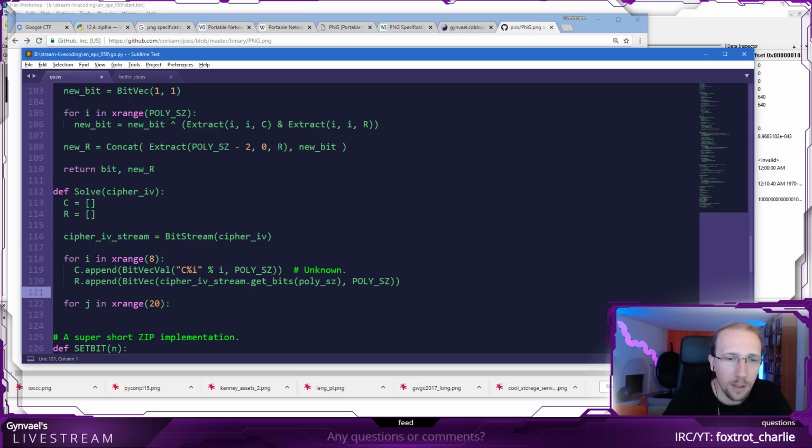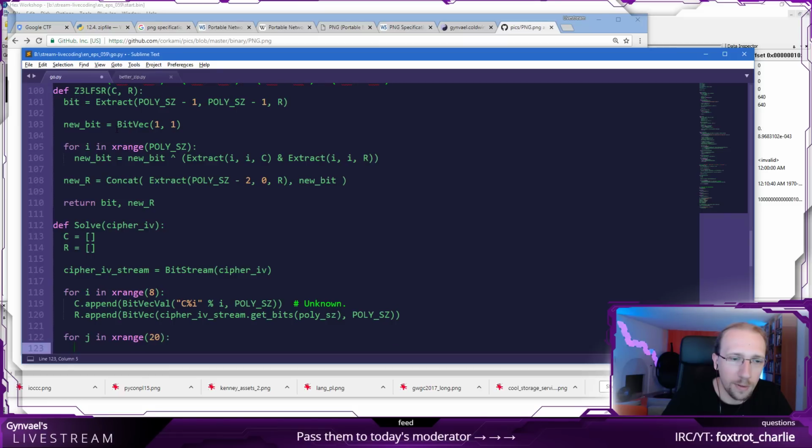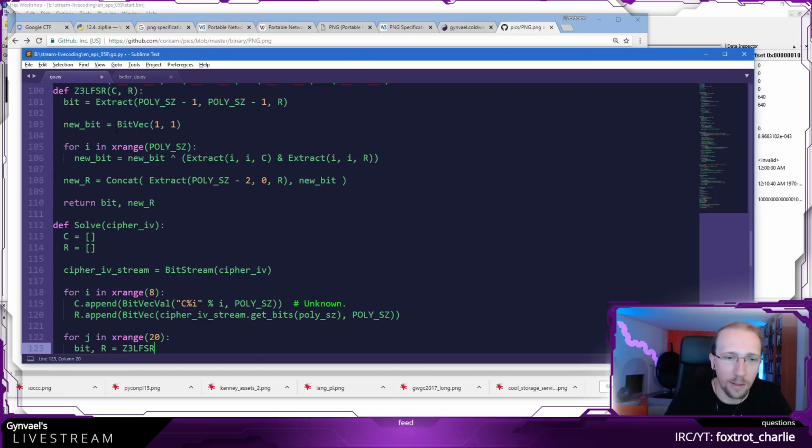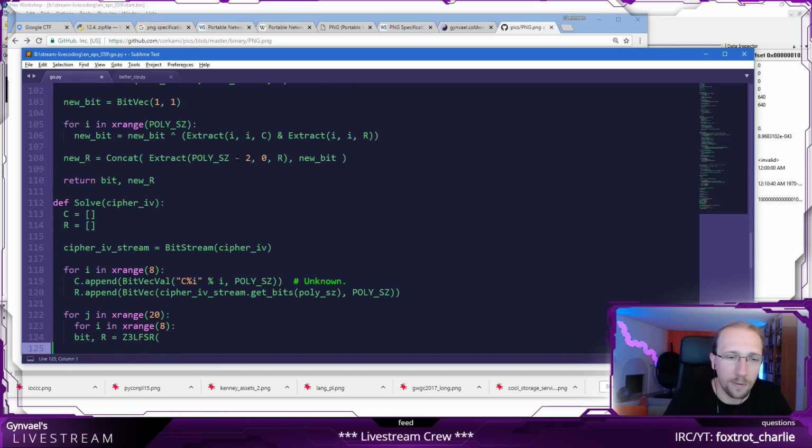So what I am going to do is R is equal to, oh, actually new bit, like bit, and R is equal to zfr, blah blah blah. No wait, for i in xrange 8, I need to do that for all of them.